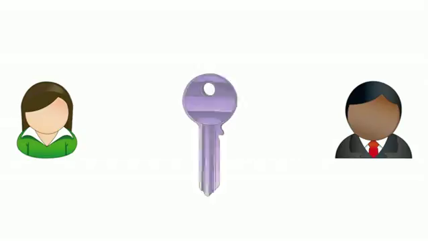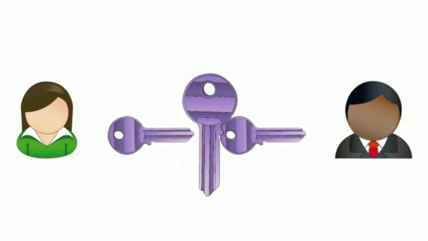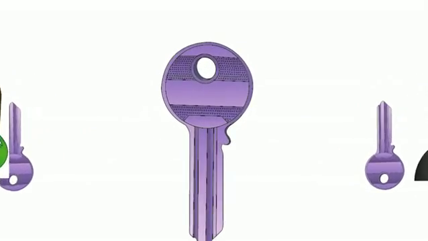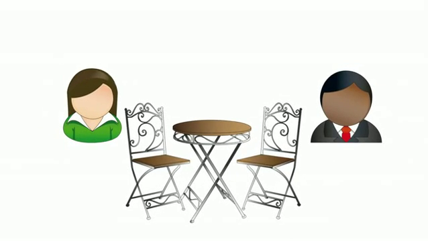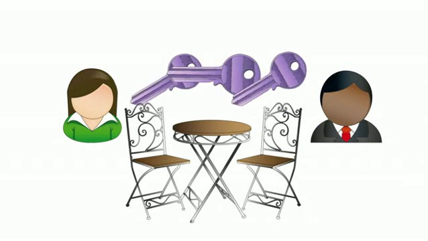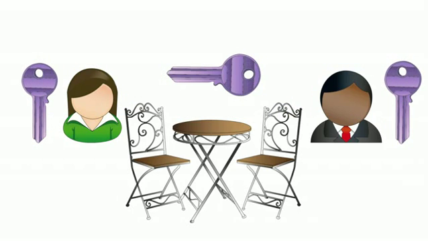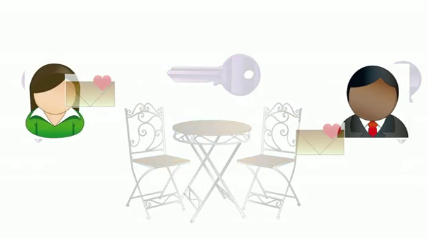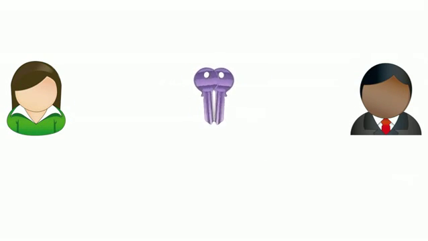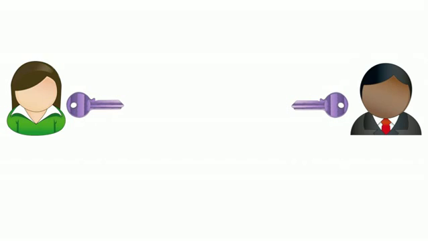Let's go back to Alice and Bob. Aware that Eve wants to learn their secret, they choose to use symmetric encryption. The first thing for them to do is to generate a shared key and each to make their own copy. One way of doing this is to meet, discuss their secrets and come up with a key. At the end of the meeting, they'll each go away with their own copy of the key. Alice and Bob can now exchange secure messages, each using their own copies of the symmetric encryption key to encrypt